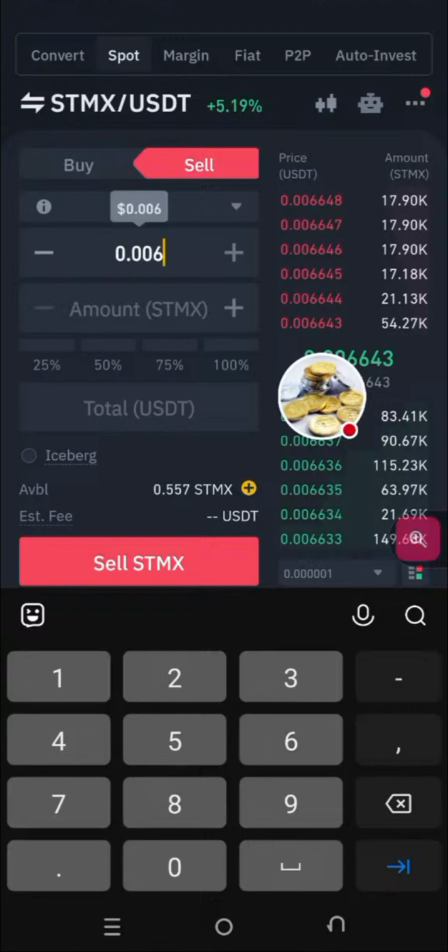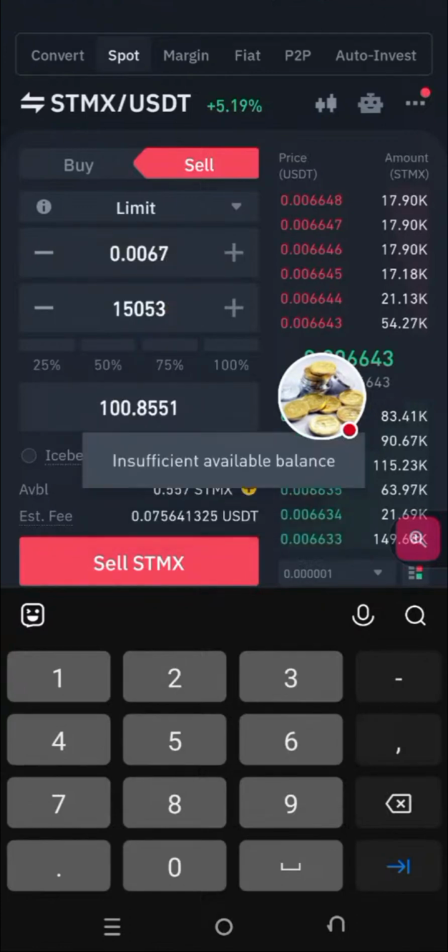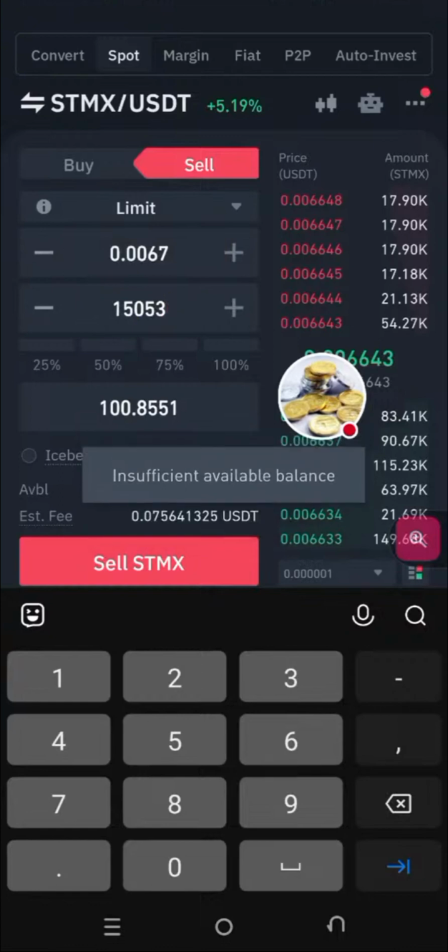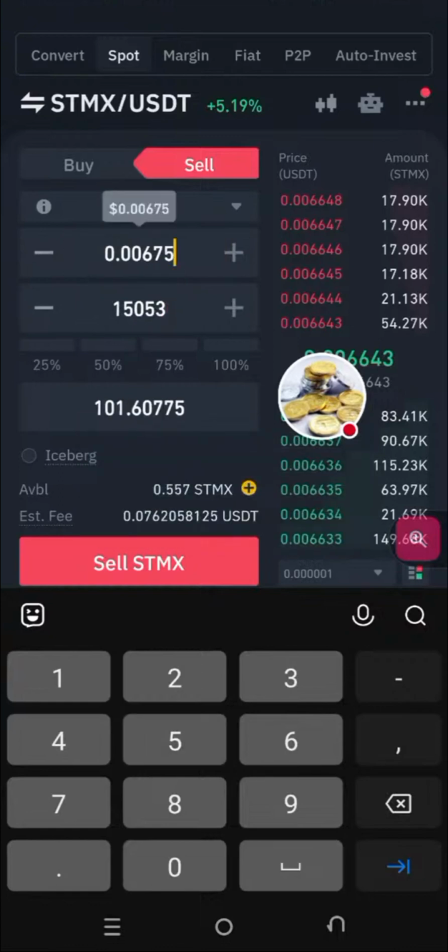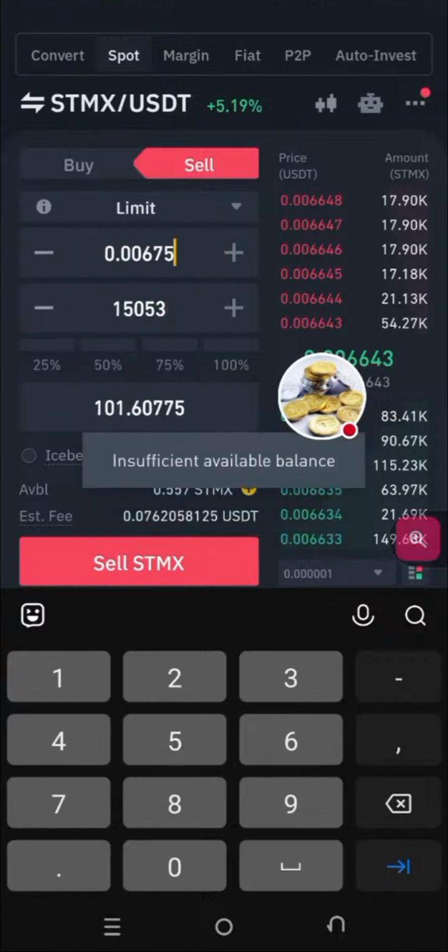So that's 6, that's 7. Okay, 7. So 6, 7. And then I'm going to put in my STMX and paste that in. Okay, that's 85 cents. No, that's not going to be enough. Let's put 675. Okay, that's $1.60. Okay, so $1.60 will be